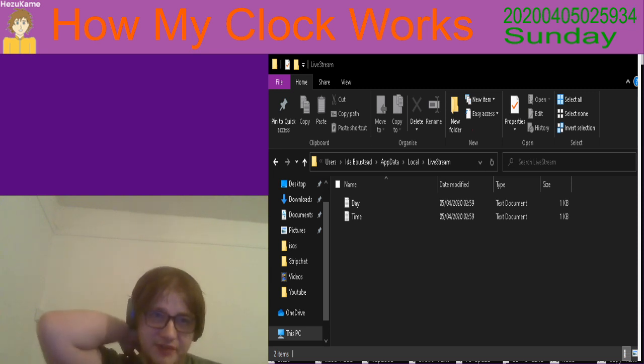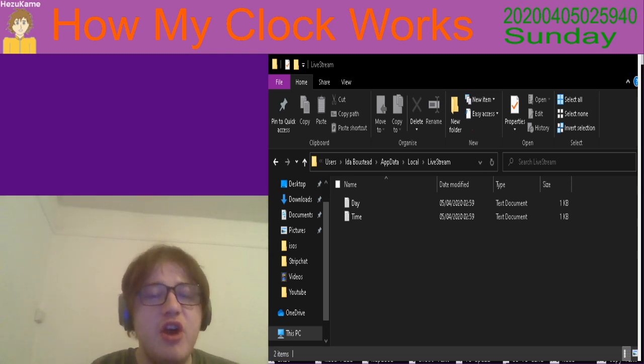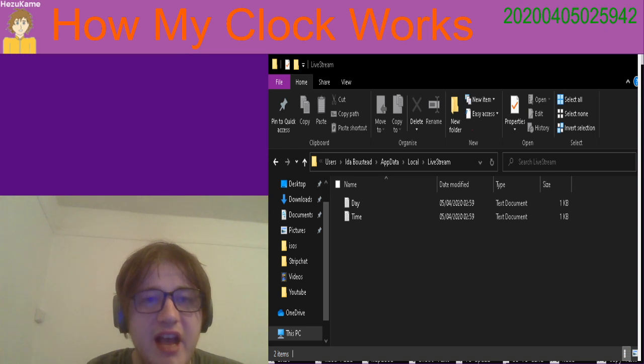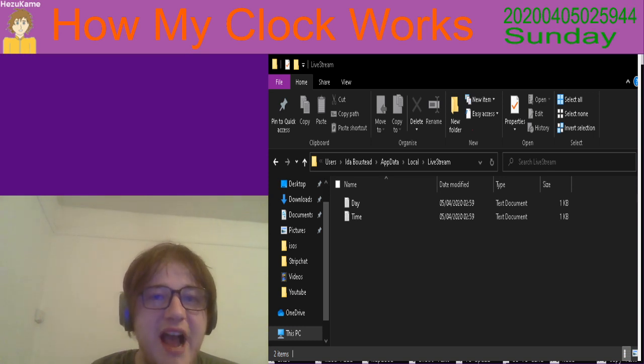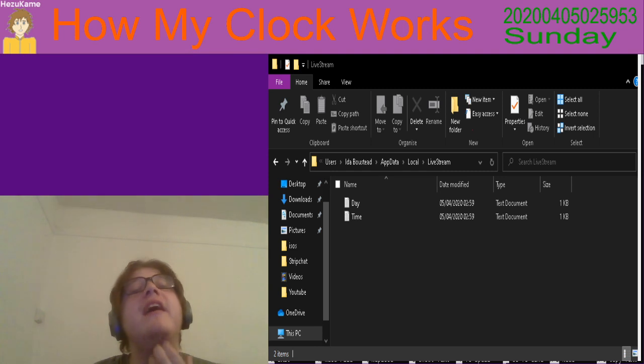Now, today we'll be looking at how my clock works. How have I done my clock? Because I use Open Broadcaster, and Open Broadcaster does not have any feature in it at all to print date and time of any sort, to my knowledge. So, me being skilled in Linux,